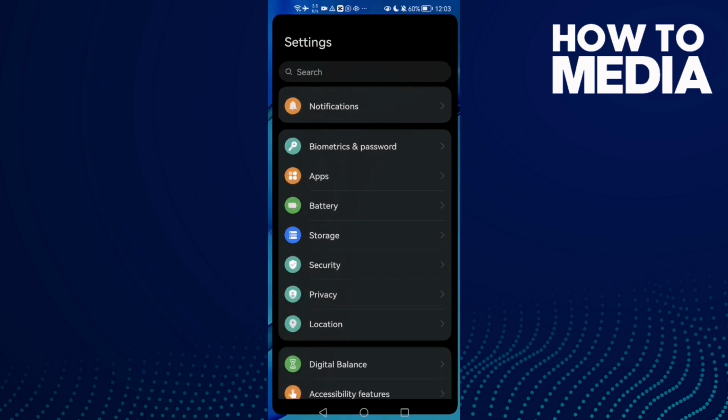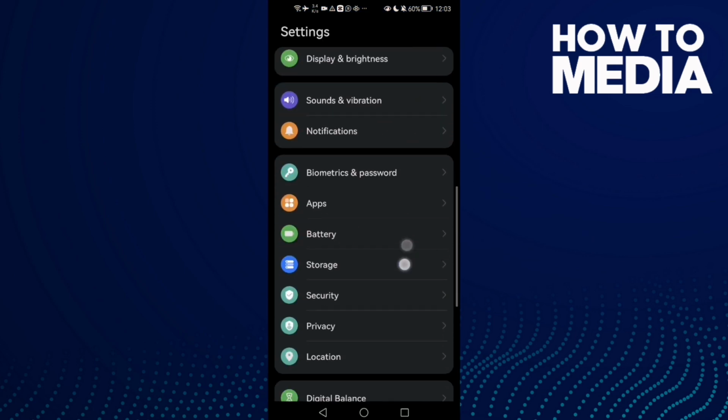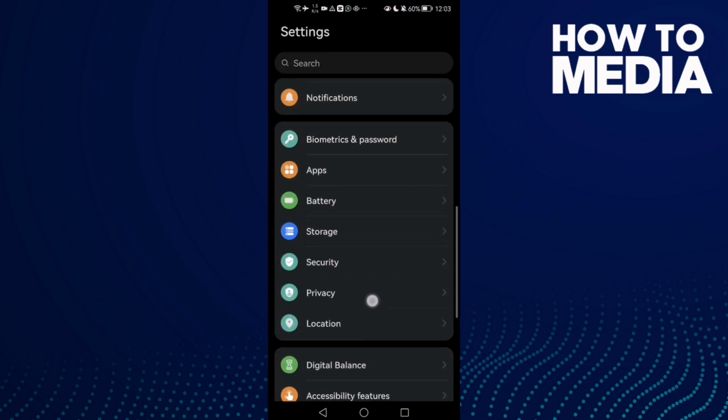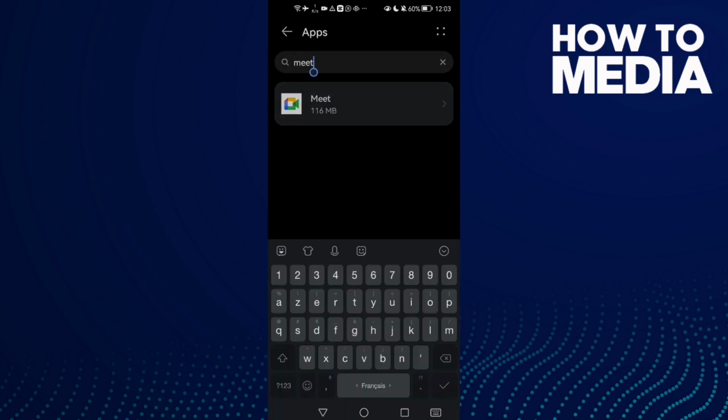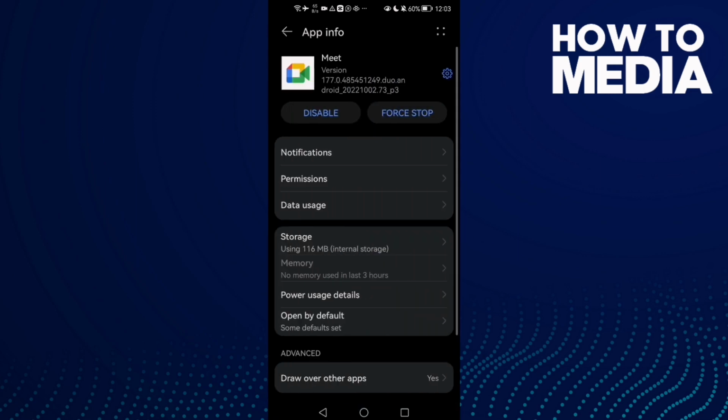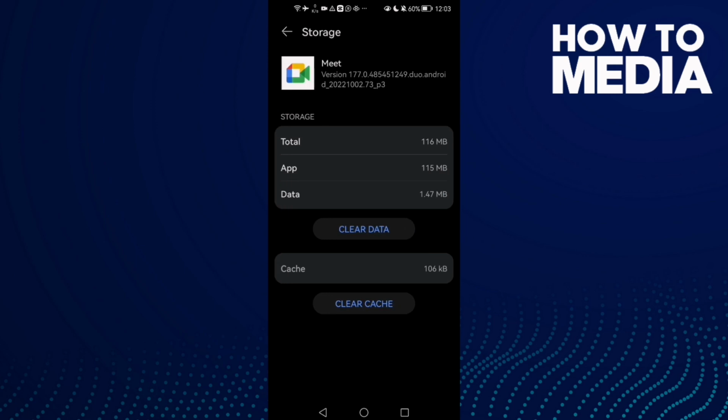First open settings, and then scroll down until you find here apps, and now click apps again, and here type Meet and click on it, and then click force stop. Now click storage and then clear cache, and after that